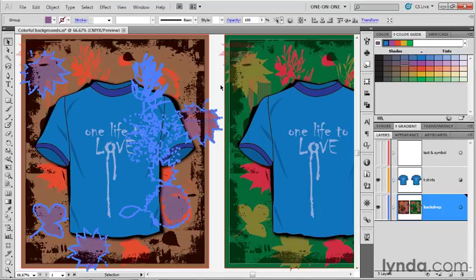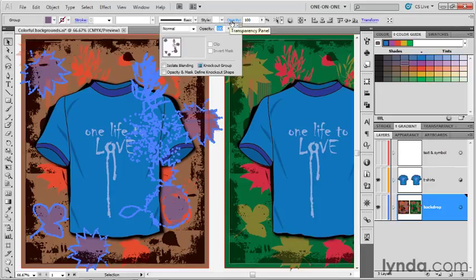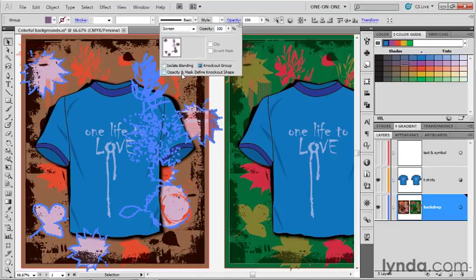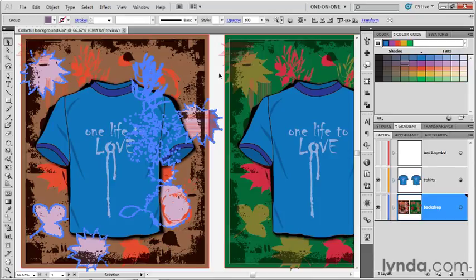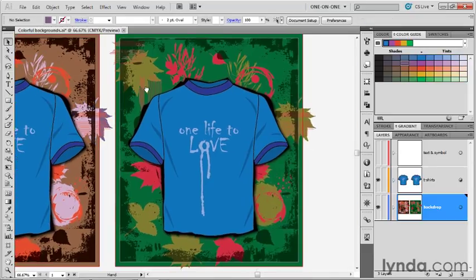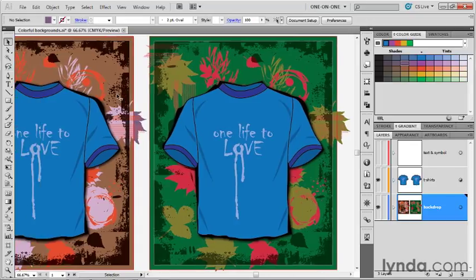If I go to tints and shades and try out a darker shade of the purple, that might work out nicely too. And I could try out a different blend mode, and we'll be seeing blend modes in a lot more detail when we take a look at transparency in a future chapter. But I could try out something like the screen mode in order to brighten up those purples against their background to create a little bit of an interaction. Let's try something else though. Let's try one of the other color groups and see if they might provide us with a more fortuitous harmony